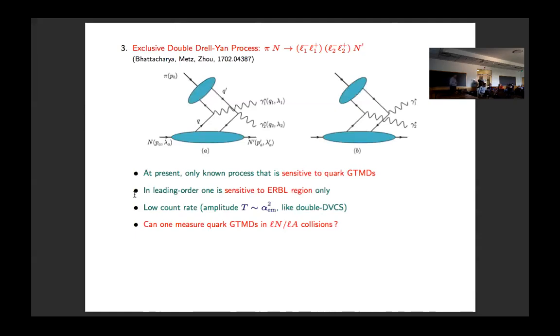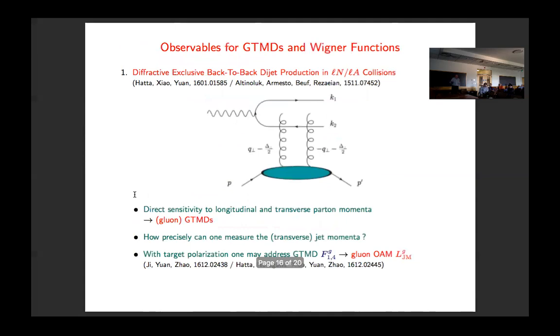I have one question. So for the GPDs, you always have the issue that in reality it's difficult to really measure, because you have to more or less go hand in hand with theory and find out where it is, the deconvolution. Do the GTMDs have the same issue? I'm glad that you bring that up. If you analyze this process at leading order and measure your final state kinematics, you can actually pin down X.